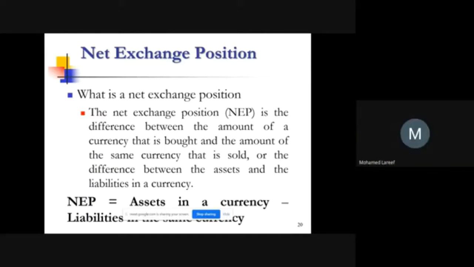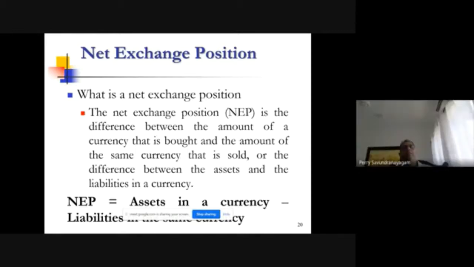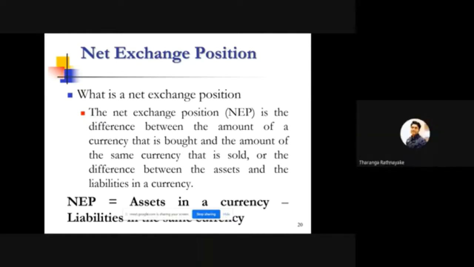So one unit of currency expressed as another unit of a currency. Good. So what does that mean? If I say I have US dollar liabilities, and if I say I have US dollar exchange, what's the difference between that? I have a US dollar deposit and I have US dollar exchange. What's the difference in the two? One is an asset, one is a liability. So that's the difference.